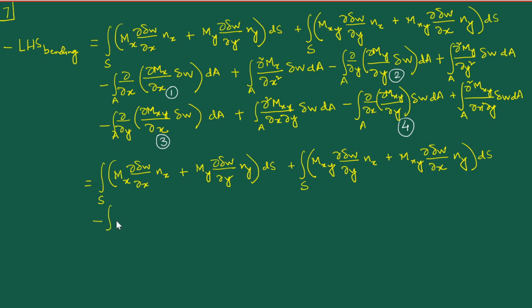what I'm going to get is this del mx del x delta w nx plus del my del y from this term 2 delta w and y. This entire thing becomes a line integration. Next, combining the term 3 with term 4,